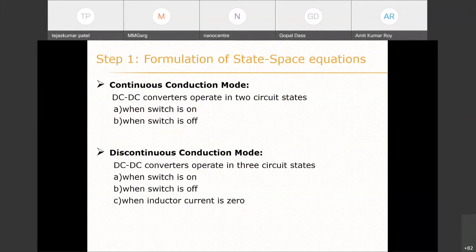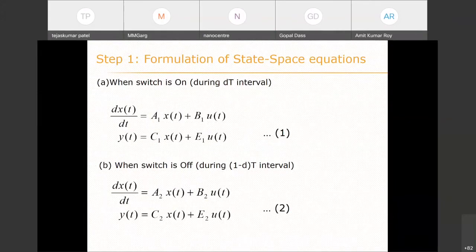There are others: switching flow graph, energy factor, bond graph, and many more. The state space averaging technique is the popular one. It needs a few steps, so let's see them one by one. In the case of a DC to DC converter, it can operate in CCM or DCM. In continuous current conduction mode, the current through the inductor is never zero, always positive. But in DCM, it falls to zero for a certain time. So there may be three or more modes. Let's focus on continuous current conduction mode.